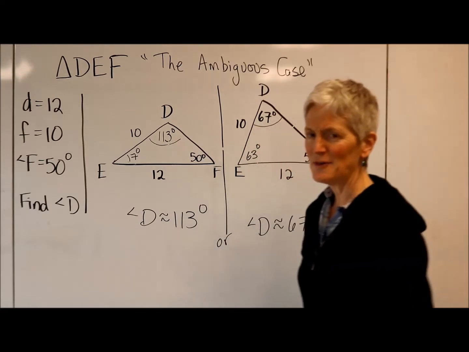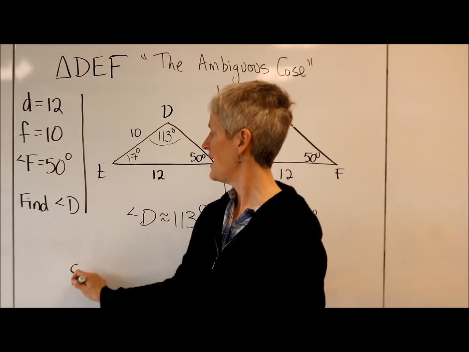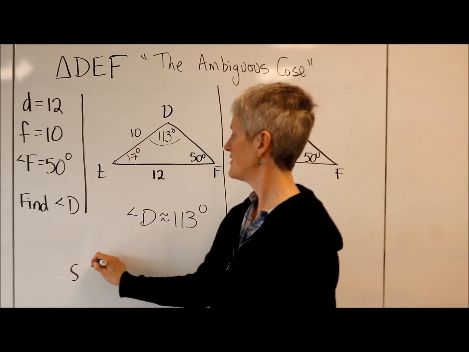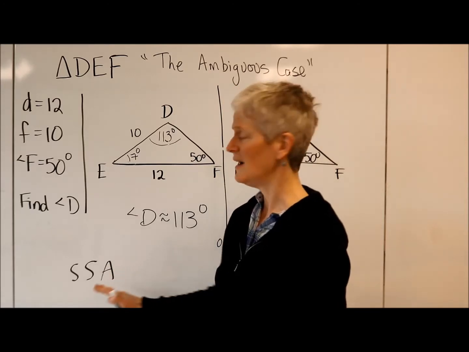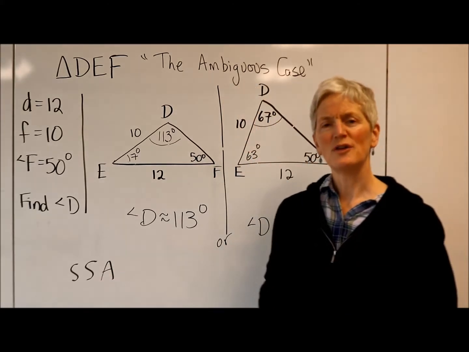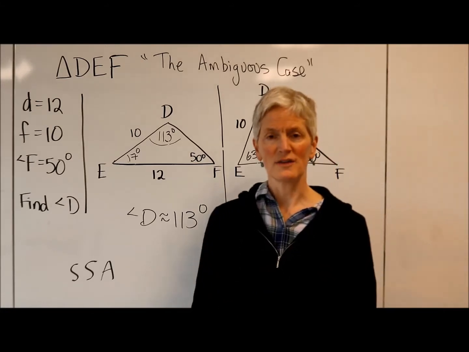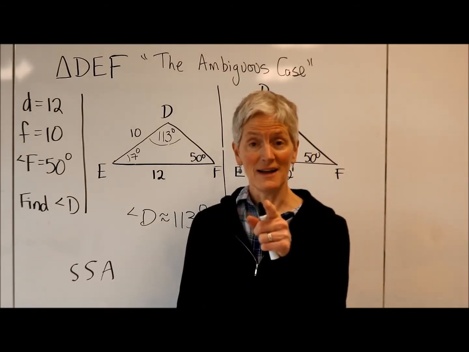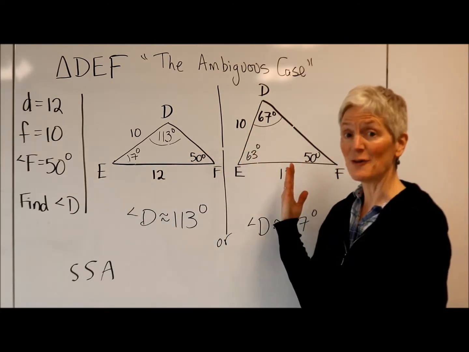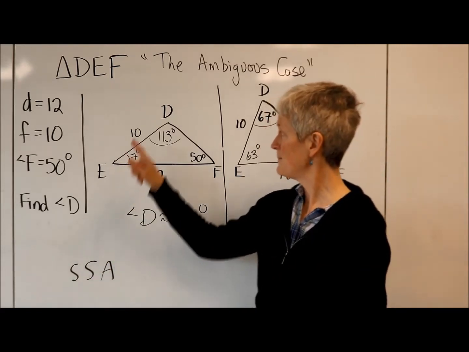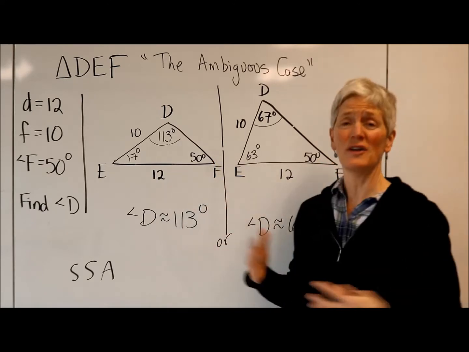Think back to your geometry days. The ingredients I gave you were a side, the next side, and then the next angle. If you recall, you were not able to use SSA or ASS to prove two triangles congruent. Why not? Because they may not be congruent. I can know the sides are congruent, the next sides are congruent, and the next angles are congruent,